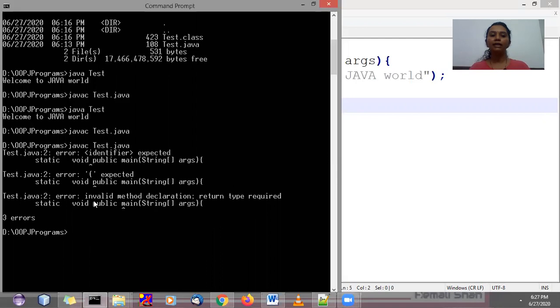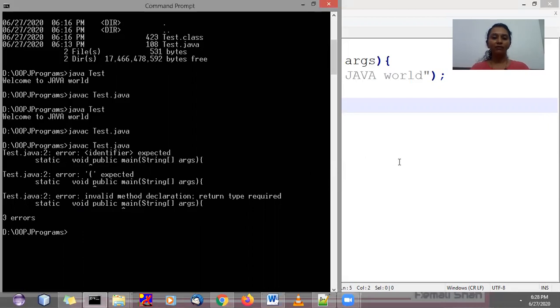See here, you are getting the error like invalid method declaration, because the declaration of the method is invalid, because of the missing return type. It always generates the error for the missing return type, because this public is a keyword, and this keyword is not used in the place of a return type. That's why. So if you are using static in between void and main, then also you will get the same compilation error.